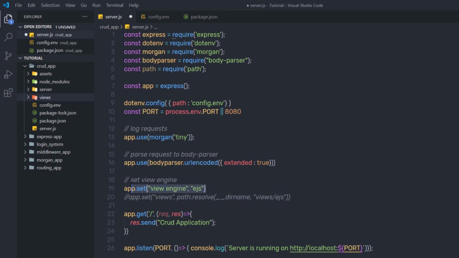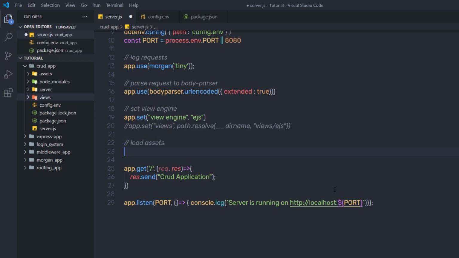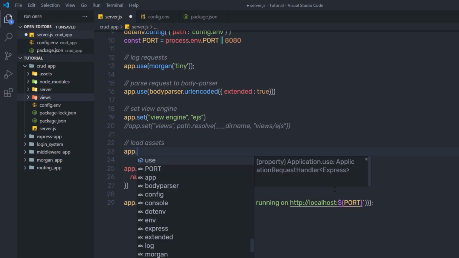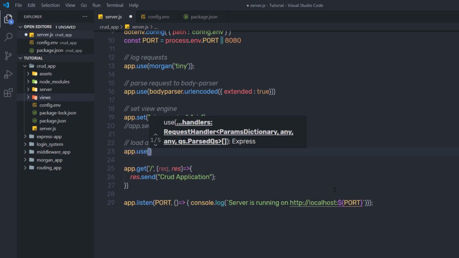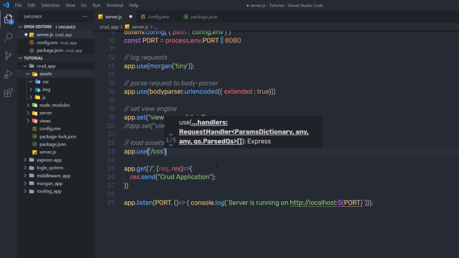Now, once I specify the view engine for this application, just down here, I'm going to load my assets. So here I'm going to say load assets. I'm going to load my assets using the middleware method use. So I'm going to call the use method, and I'm going to first specify the virtual path for these assets. As you know, we have assets inside this assets folder. So I'm going to specify single quote and specify the path for this CSS folder. So here I'm going to say CSS, then specify a comma, and then say